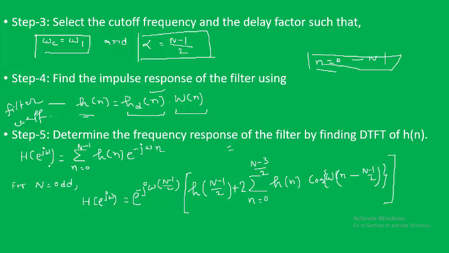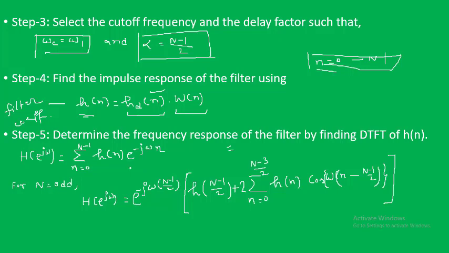So once we get the filter coefficients, step 5, we can determine the frequency response of the filter by using this particular relation, H of e power j omega, that is equal to summation n equal to 0 to N minus 1, because within this limit we have defined. So in DTFT, though we are performing DTFT, the range as per the definition of DTFT is minus infinity to plus infinity, but in this case we are not doing so. We are considering it 0 to N minus 1, because that is where h of n values we have,